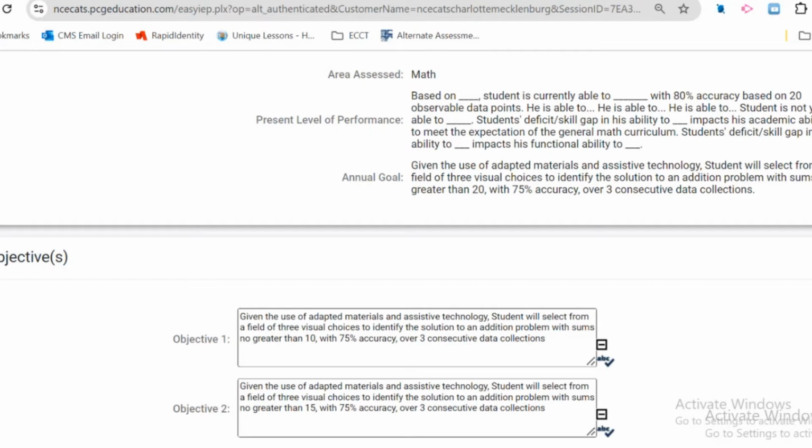So in this example, yes, I want the overall for him to be able to solve addition problems with sums no greater than 20 with 70% accuracy. And the objectives still have 70% accuracy, but I have simplified the skills. So first I want him to do it with sums no greater than 10. Then I want him to do the skill with sums no greater than 15. And the overarching goal is sums no greater than 20. If you choose to change the skill, to increase the skill, to scaffold the skill, then you want to make sure you're remaining the same in your